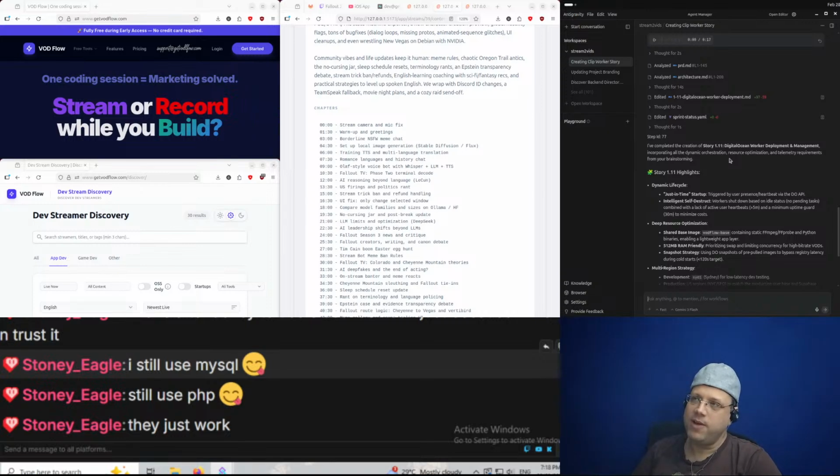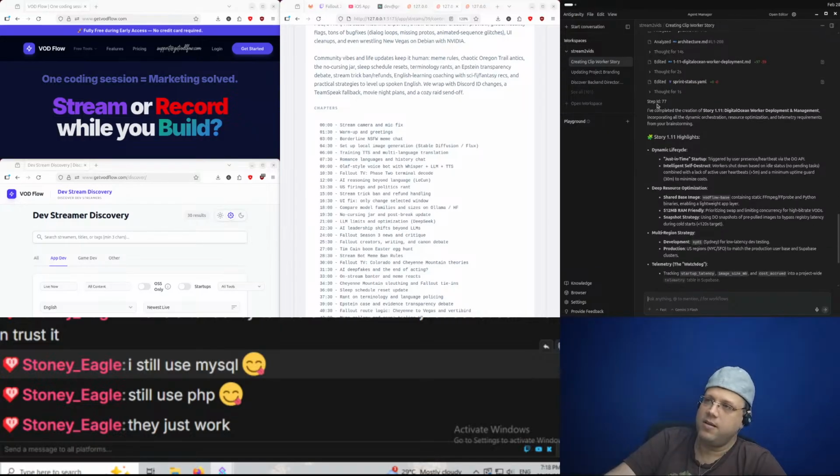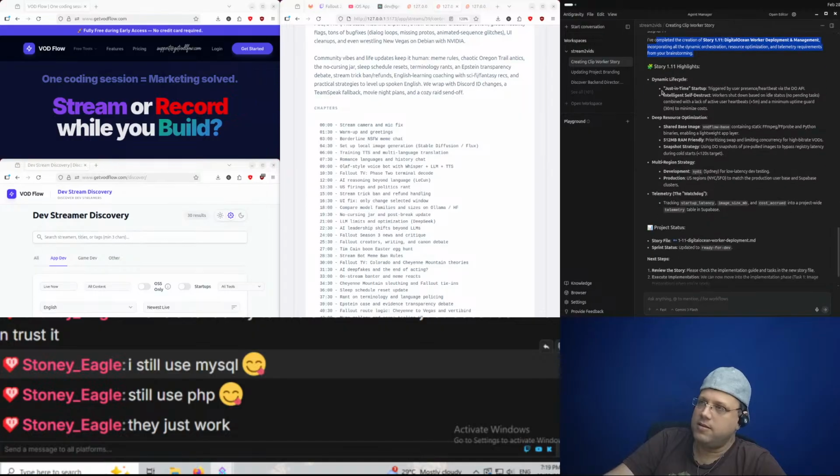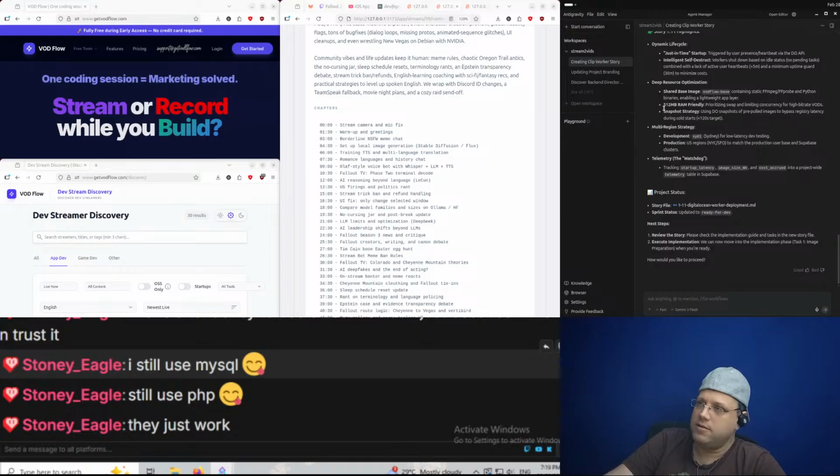So I work with Python on this project and Svelte on the front end, Supabase for the off-end database for SaaS. There was SQLite for the local versions, which is not bad. Completed the creation of stories, DigitalOcean worker deployment and management, incorporating all the dynamic orchestration, research, translation, telemetry requirements from the brainstorm. Story highlights: dynamic, lifestyle, just-in-time startups, shared base image,